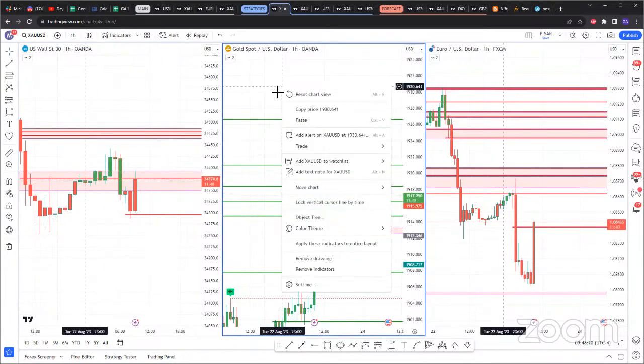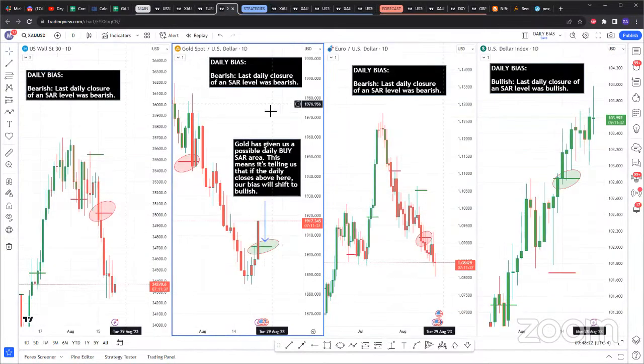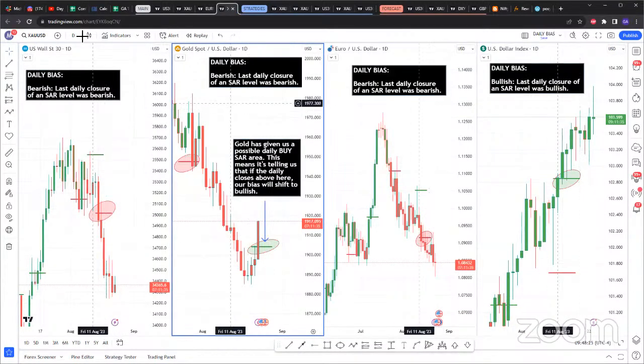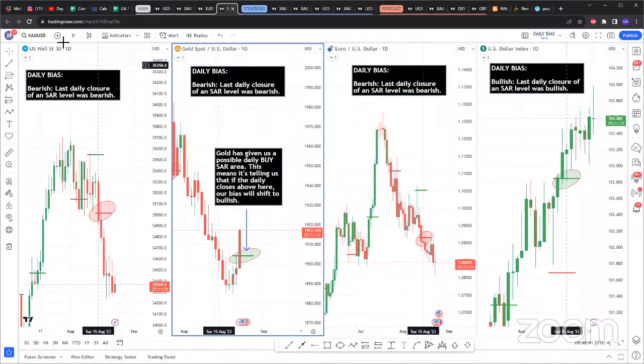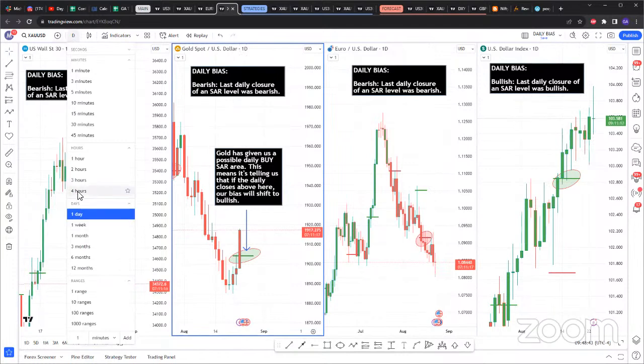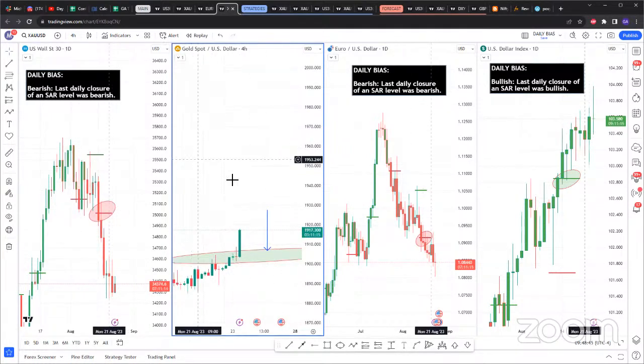Now, here's the other part right here. You can also use the 4 hour time frame. You see how we have the daily, again, I don't want you guys to ever have analysis paralysis. We have like 1,000 instruments you can trade with this strategy, so you don't have to stick to one instrument. But if you go down to the 4 hour, here's another way to look at it.